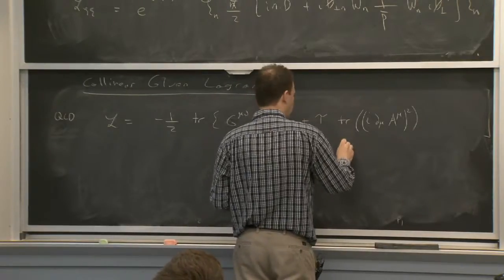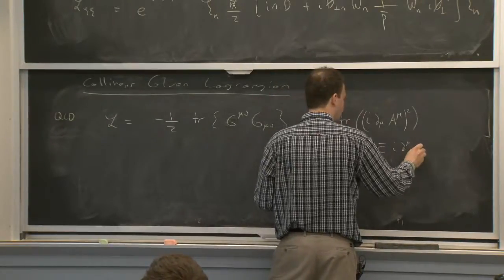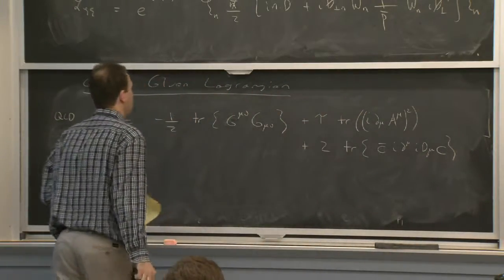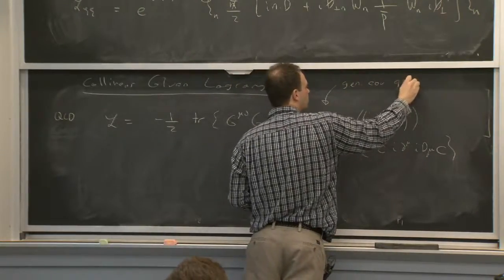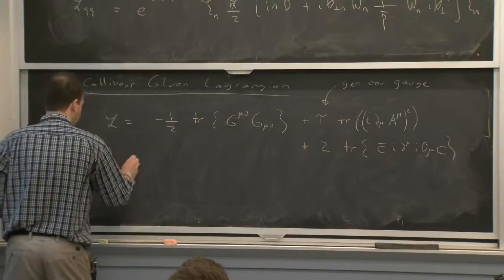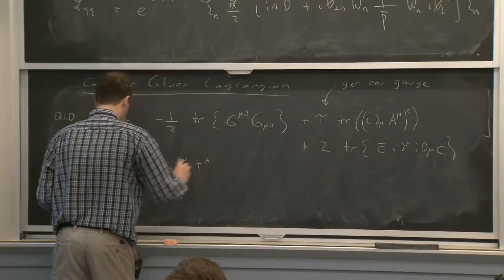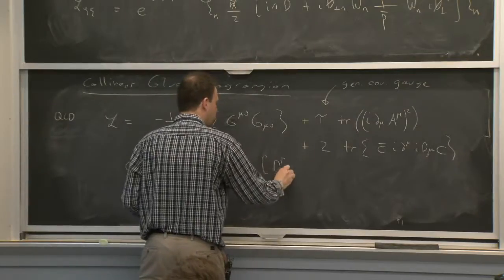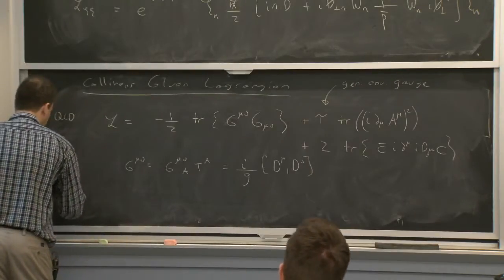Let me write the Lagrangian in QCD in terms of traces. And let me use a general covariant gauge. So this is a general covariant gauge fixing term, which we call the gauge parameter tau. And then we have some ghost fields as well. And of course, G mu nu is the usual G mu nu a T a. And that's my sign convention, commutator of two derivatives with the i over g. So we do the same steps to get SCET.